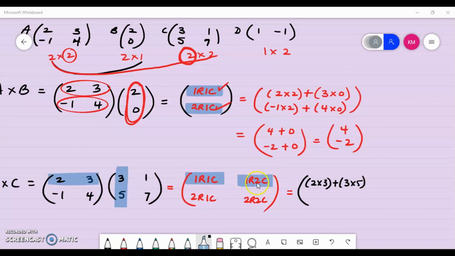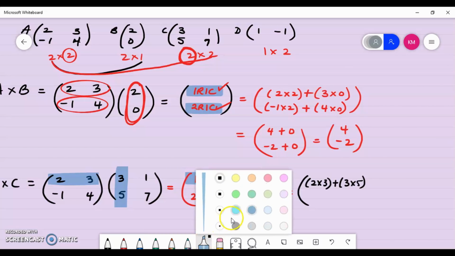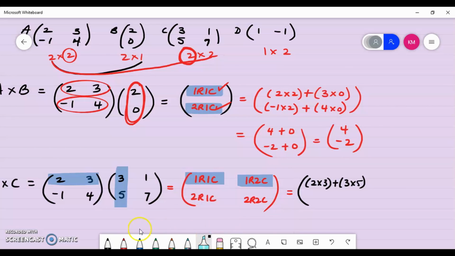Next, I have to multiply first row by second column. So let me change my highlighter. I will now multiply first row, which is still this, by my second column, which is this one here, and I will get 2 by 1 and 3 by 7. 2 by 1 add 3 by 7. To get this element here,